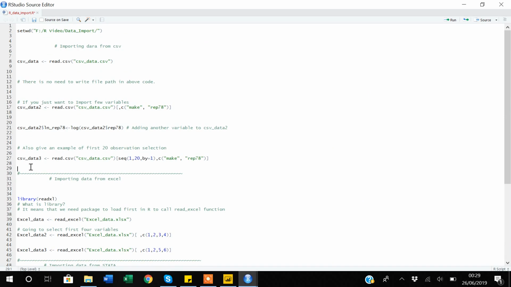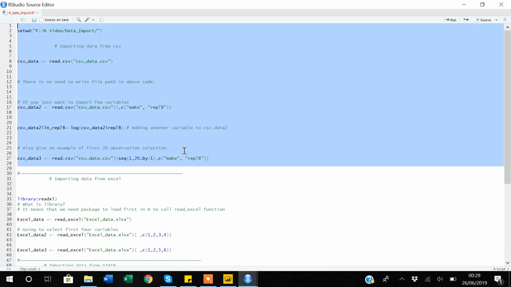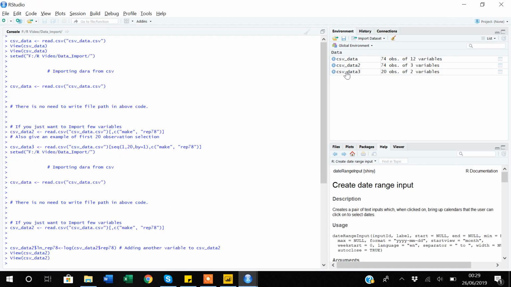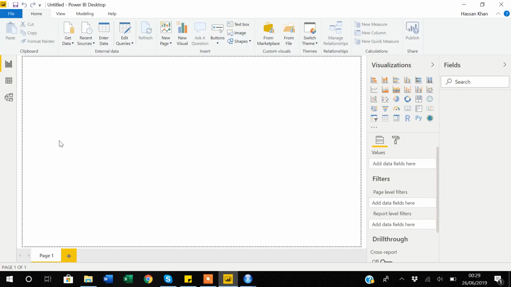Till line number 29, I have created 3 data frames or datasets in R. An important thing is that for the second dataset, I also created an additional variable with the help of R. So if I copy this and paste it into my Power BI, again I will go to my Get Data